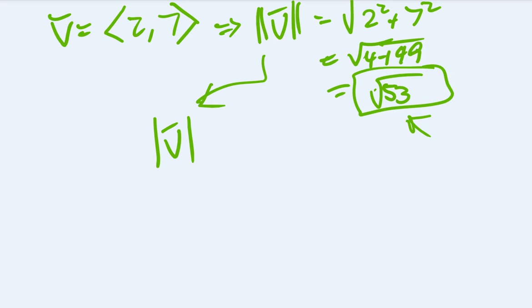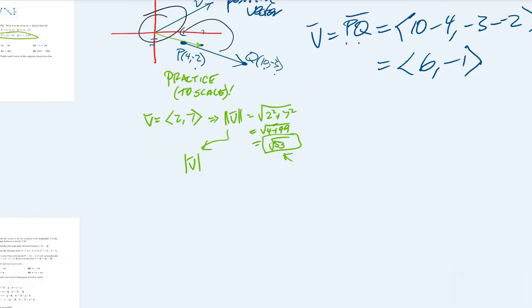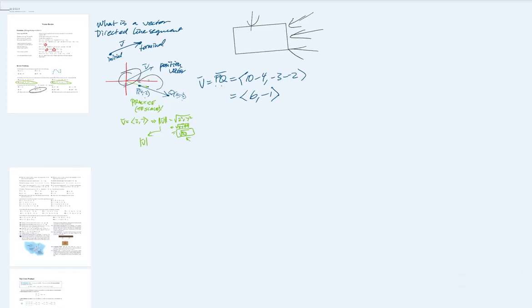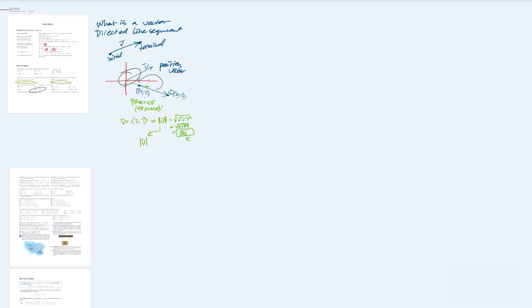Now, always write that line above your vector to tell the reader that it's a vector. It's very important. Now let's talk about what a unit vector is, because I saw that up in the formulas there. So a unit vector